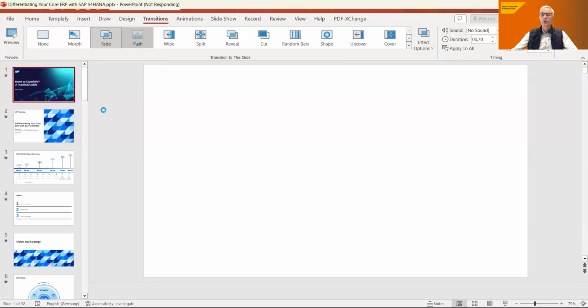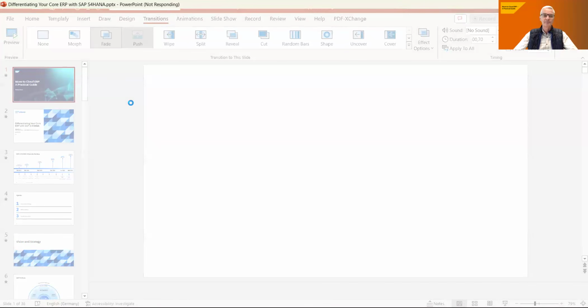Knowing well that the benefit question is really hard to answer, because S/4HANA has been out since almost 9 years now, and we are approaching 27,000 customers on S/4HANA, which means we have customers live on S/4HANA in all regions, in all industries, in all company sizes, whatever criteria you might think of.